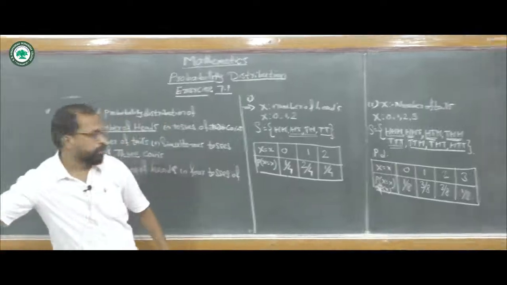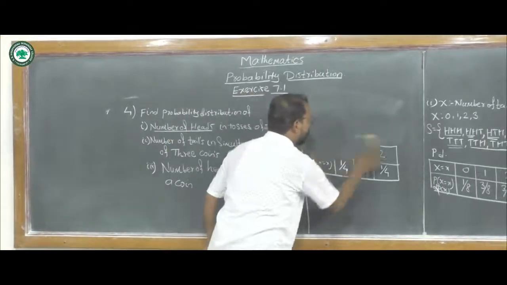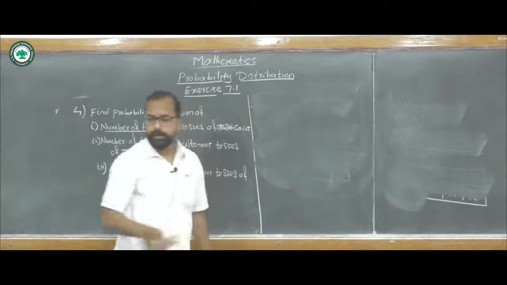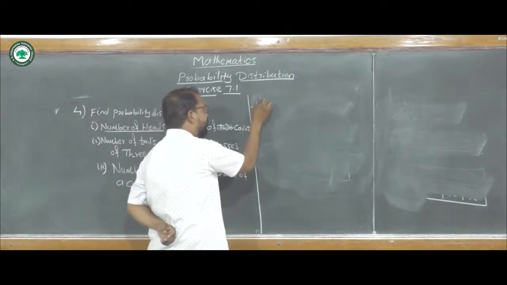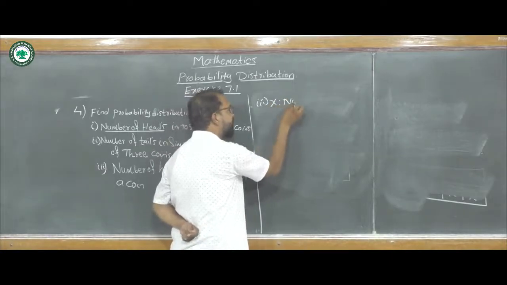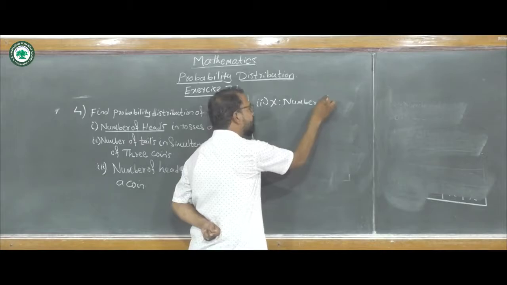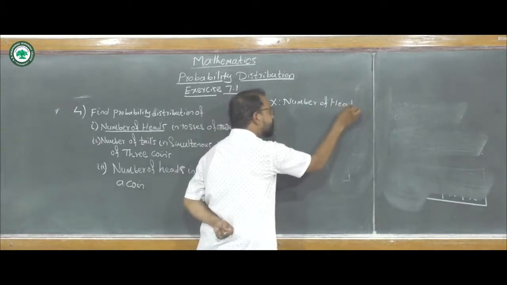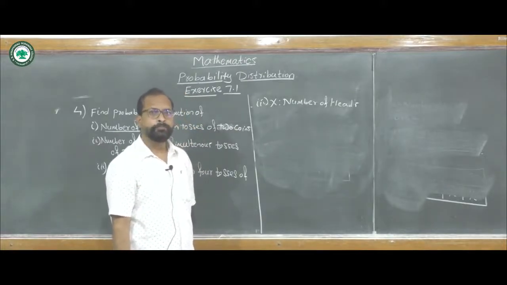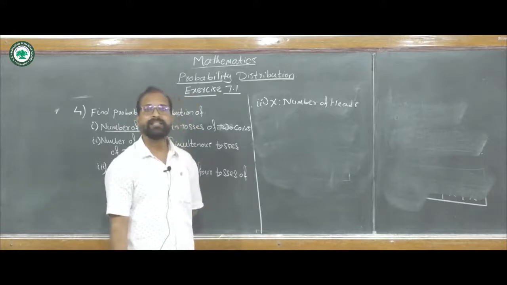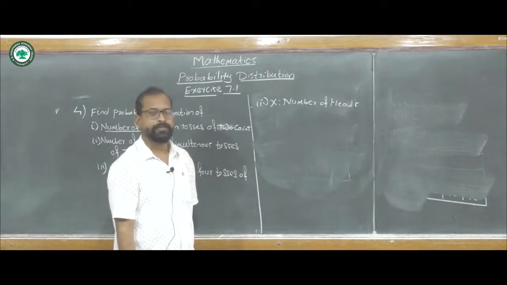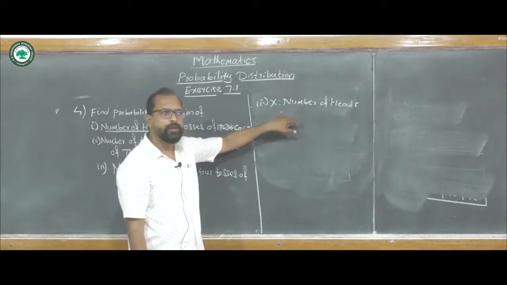Now for the third question, we use some different tricks, because in the third sub-question we have to toss 4 coins and X is the number of heads. Now we use this method when writing or listing the sample space is difficult, or we can say it is not possible.